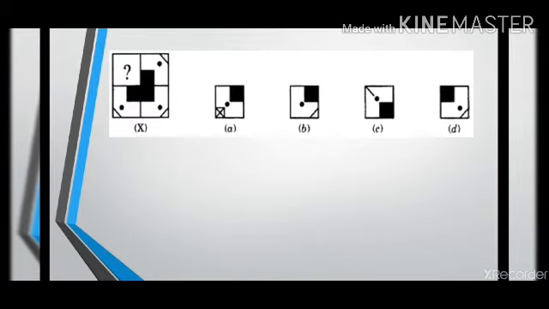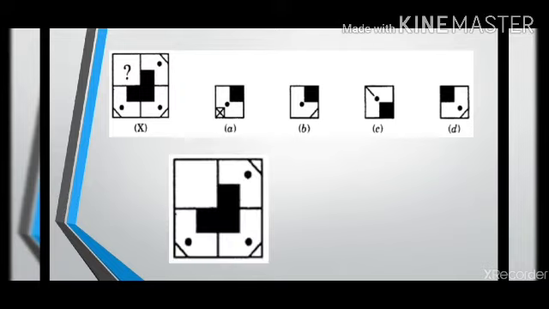Now in this next question there are some options given to you. It's a little different. I told you in the beginning of the video that sometimes you'll have to select the best option. That option may not be exactly what you are looking for, but it is the best answer as per the options given. Now in this you can see four small boxes in the pattern, and in this a small square is being completed in the pattern.